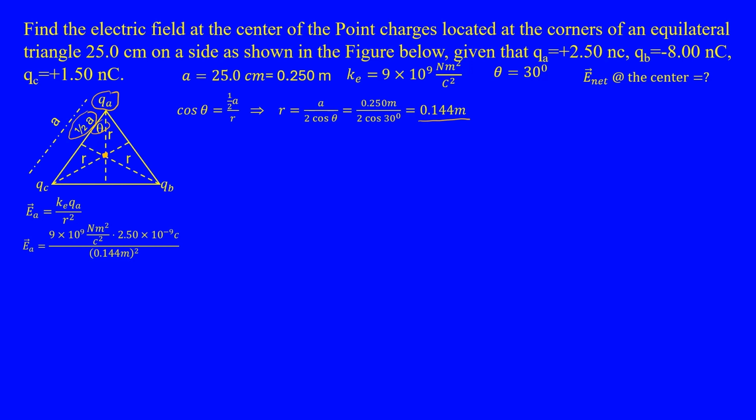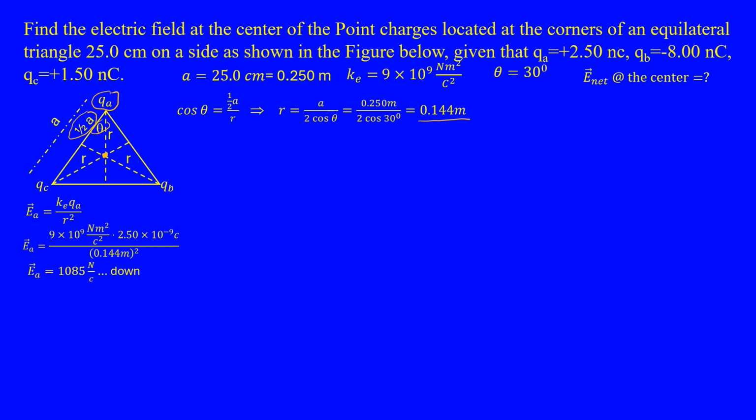K is 9 times 10 to the 9 Newton meter square per coulomb squared, and the charge Q A is 2.50 times 10 to the minus 9 coulomb. Remember here, nanocoulomb stands for 10 to the negative 9. Divide that by the distance from the vertex to the center squared, and that's 0.144 meters squared. That yields 1085 Newton per coulomb,